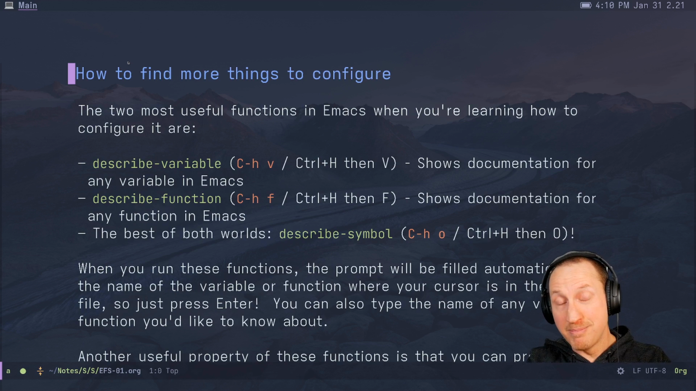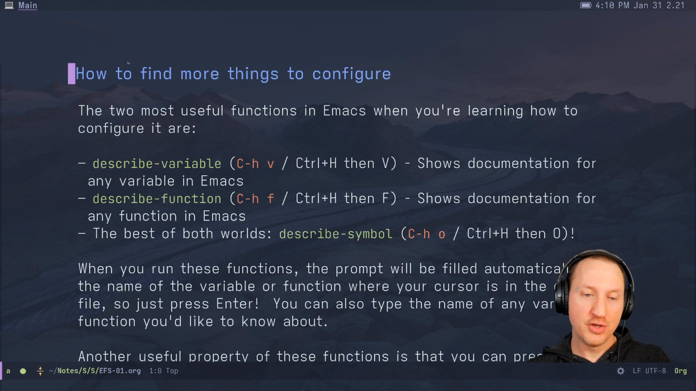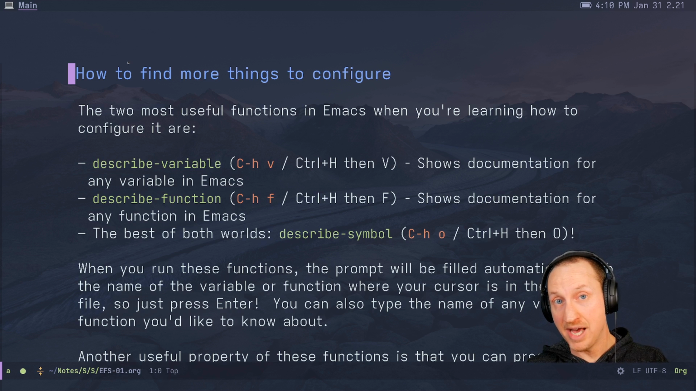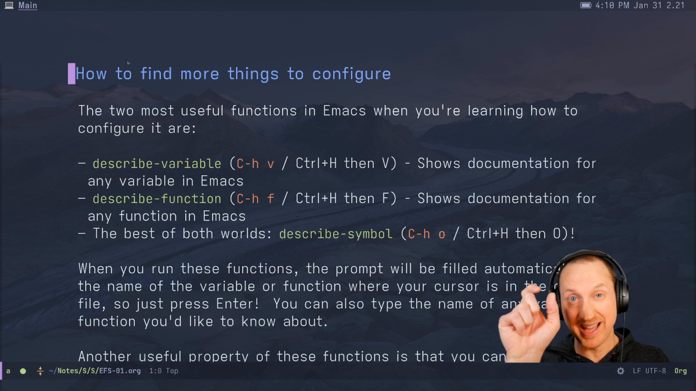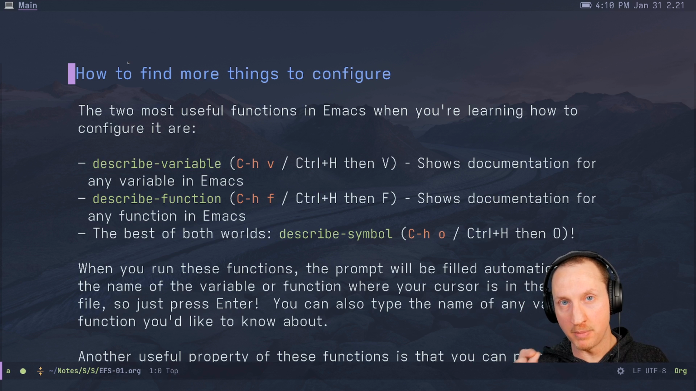So how to find more things to configure. The two most useful functions in Emacs when you're learning how to configure it are describe-variable and describe-function. And those are bound to Control-H V for variable and Control-H F for function. Control-H is like the help key map in Emacs. So you're probably going to learn more about that later, more useful things that you can use inside of that prefix. So describe-variable shows documentation for any variable in Emacs,